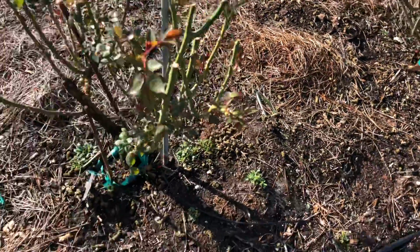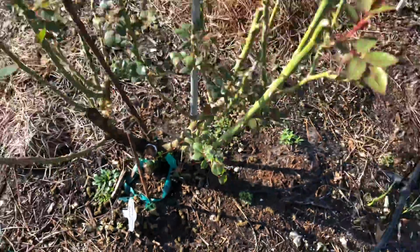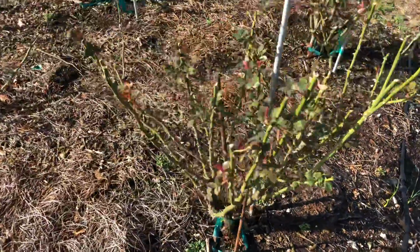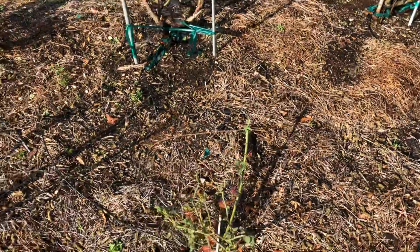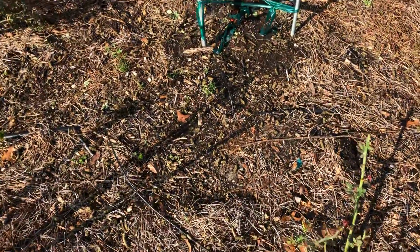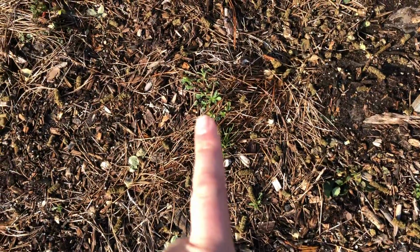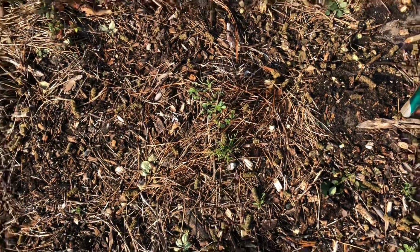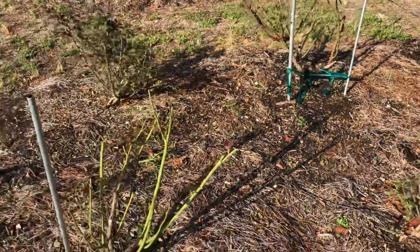So I just want to keep things clean. You can see a little bit of black spot there as well. So I'm going to do some spraying, contact and systemic. We can certainly do a video on that. The other thing I'm going to do, notice there's just not a lot of weeds in the garden. They are starting to pop up a little bit. Not as much because we did the pre-emergent, but I'll hit those a little bit with the glyphosate or Roundup,